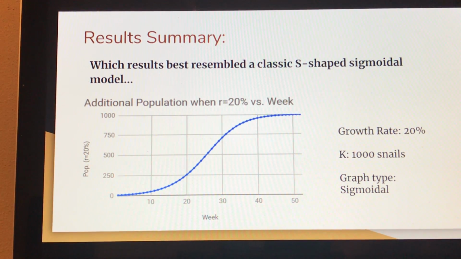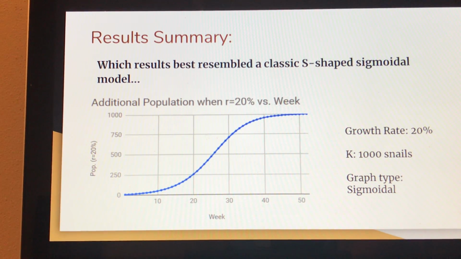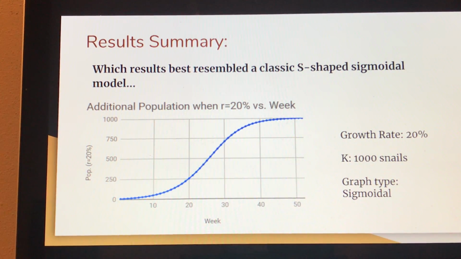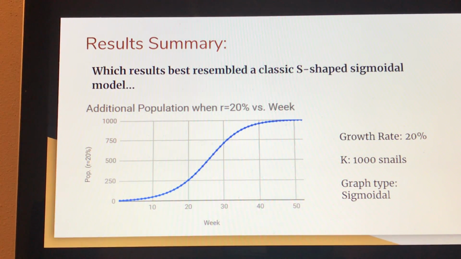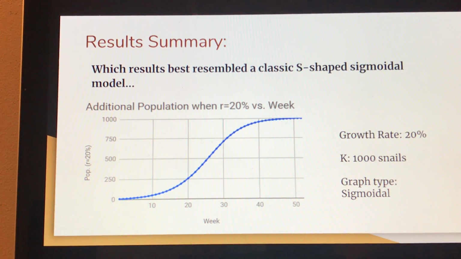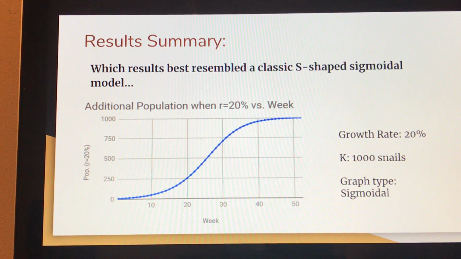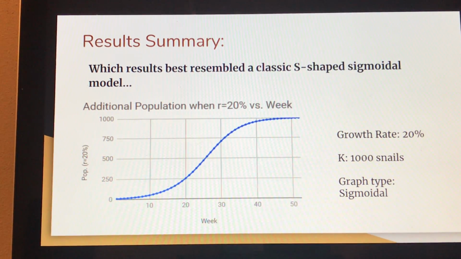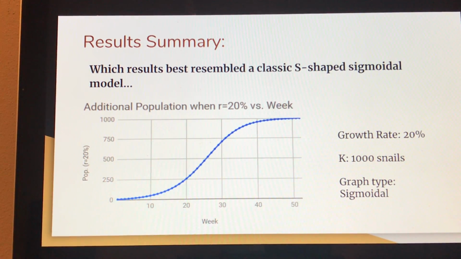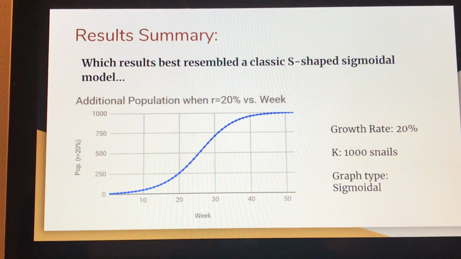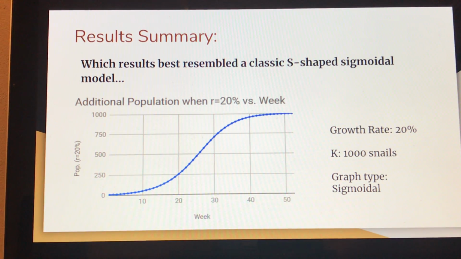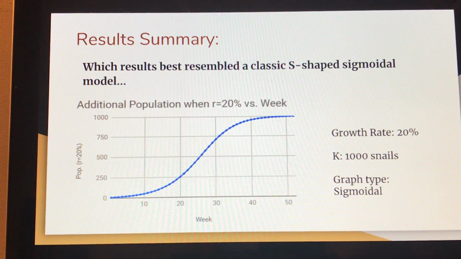Although we used sigmoidal growth for all of our analysis, and therefore all our results were sigmoidal by definition, when we look back at the data collection, it is clear that when we have a carrying capacity of 1,000 snails and a growth rate of 20%, as well as a starting population of 10 snails, the graph most closely resembles a sigmoidal S-shaped model. This occurs because our carrying capacity is set high enough at 1,000 and our growth rate is set small enough at only 20% so that the growth in snails is able to increase until a maximum value and then start to decrease as it approaches carrying capacity. This makes